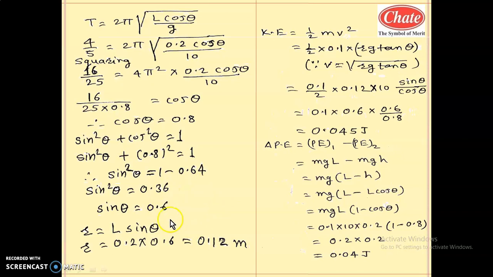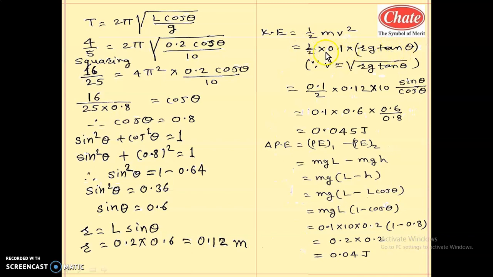So here we have gathered various values, and that will be useful to us while calculating the kinetic energy and potential energy. Now kinetic energy formula is half mv square. So half, mass is given here 100 gram, that is 0.1 kg, and v in case of conical pendulum is square root of r g tan theta. When we take the square of the v, the square root gets removed, so v square is r g tan theta.